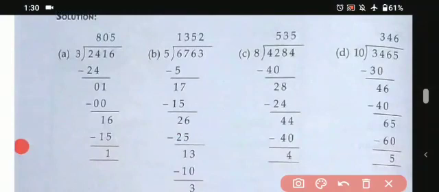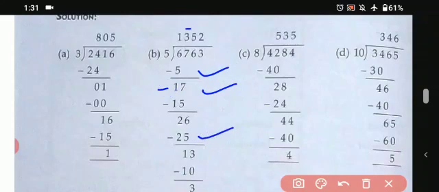6763 divided by 5. So how will we be doing it? First we'll find out the smaller digit, given 6 over here. So we'll find out the smaller digit, that is 5. 5 ones are 5, we have written here. Then it becomes 17 because 6 minus 5 is 1. So 5 3s are 15, which is smaller than 17. So we have written this. And 17 minus 15 is 2. That becomes 26 because 6 is brought down in the third step. So 5 5s are 25. We have written this here and 5 here.